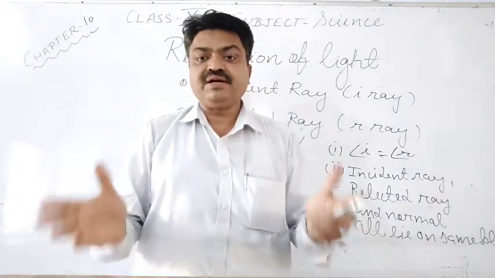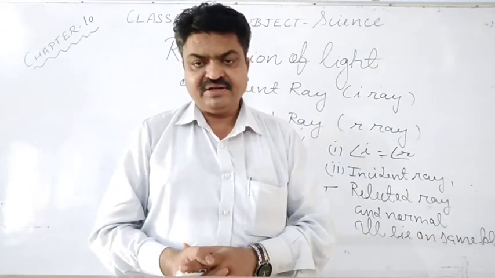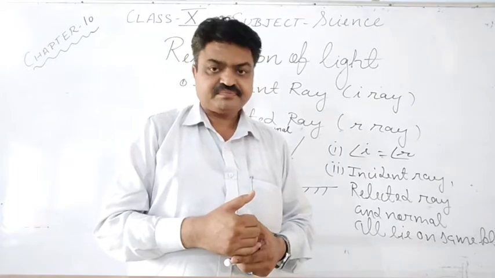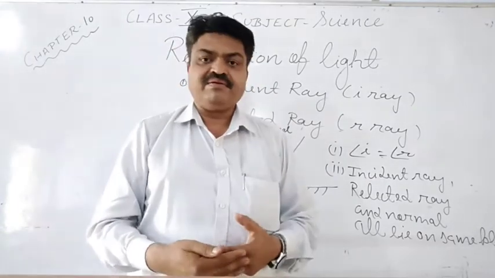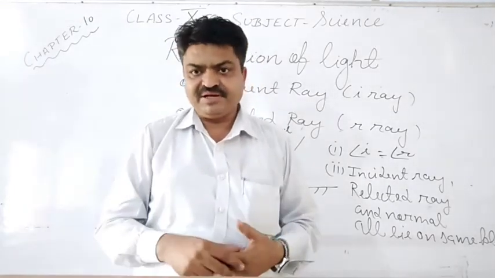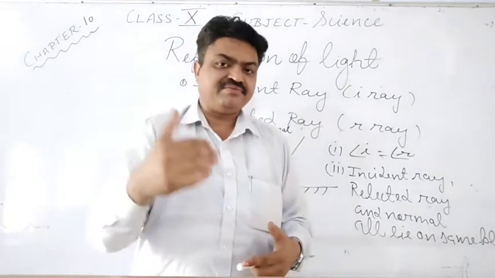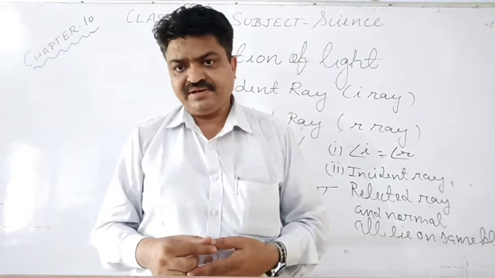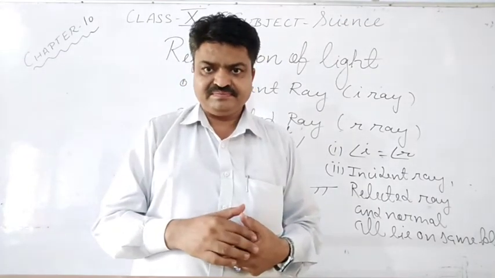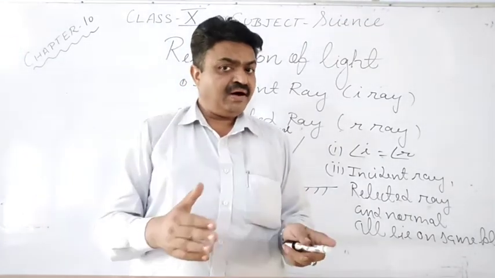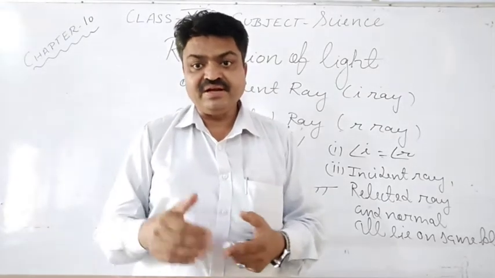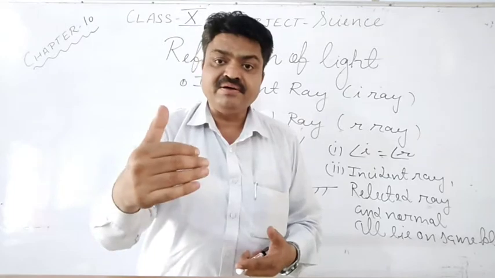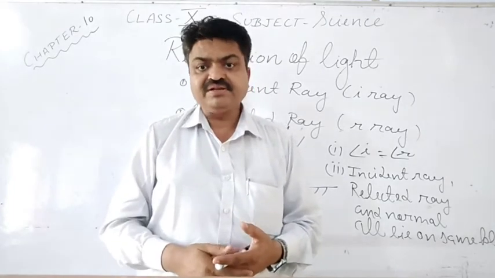We use a plane mirror, and the plane mirror always forms which type of image? It is virtual and erect. Now why is it virtual? Because inside the plane mirror our right becomes left and the left becomes right. And in that also there is an incident ray and a reflected ray. They are not meeting really, they are not meeting. That's why the image that is formed there is virtual.